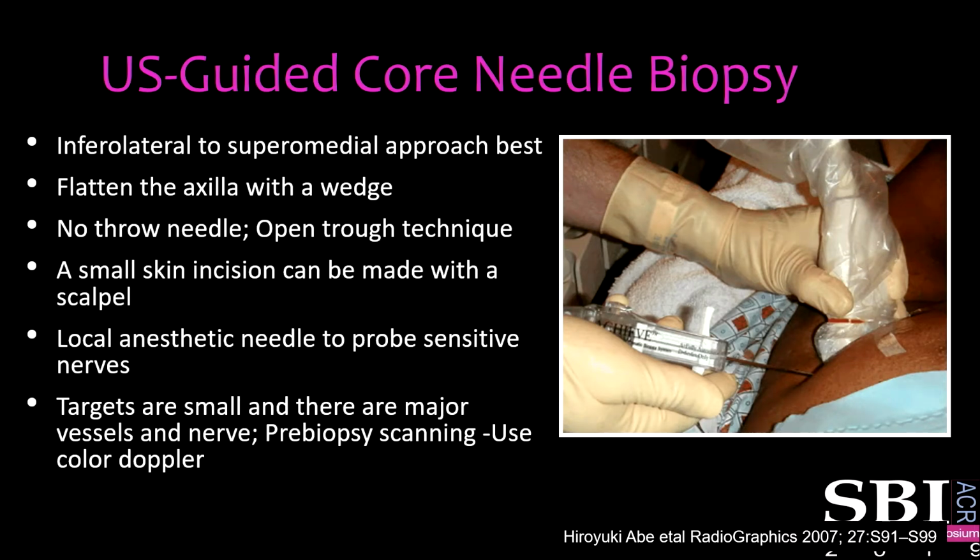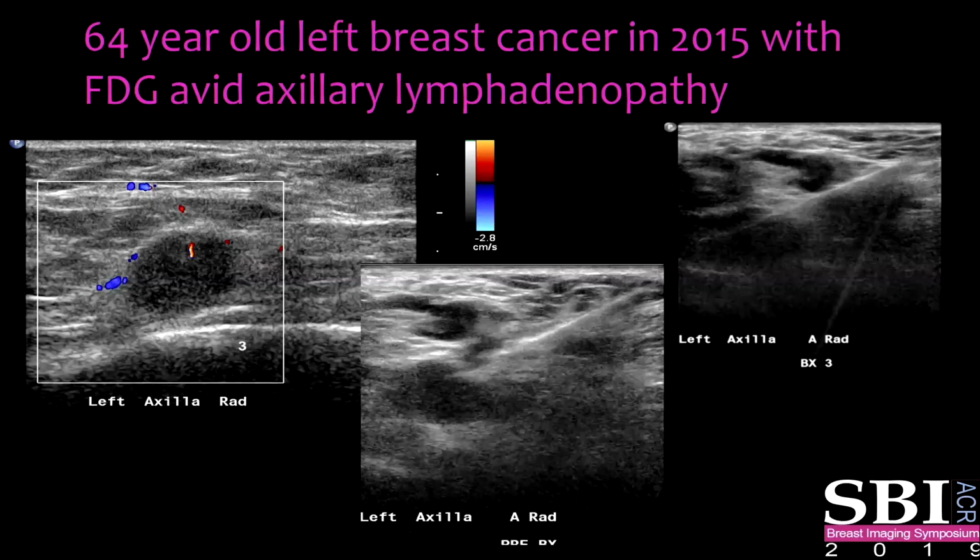You use a local anesthetic to actually probe the area. So when you're injecting local anesthetic and if the patient jumps, you know you may be probably hitting a nerve, and so you can change your trajectory. Also remember the shared space that we spoke about. So there are important structures over there, the axillary artery and the vessels. And so do a good pre-procedure scanning and use color Doppler. Things could go south sometimes.